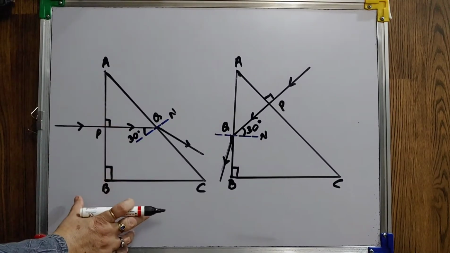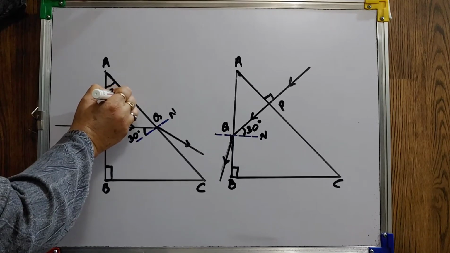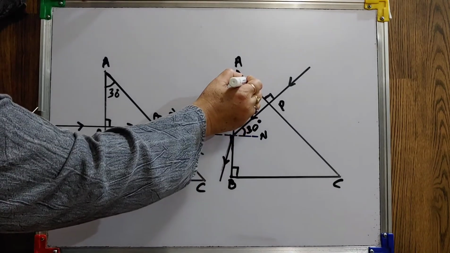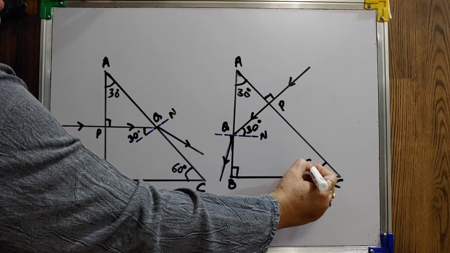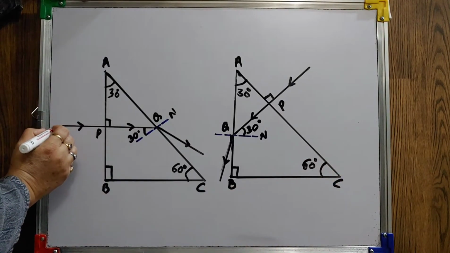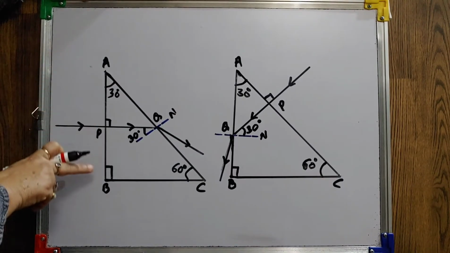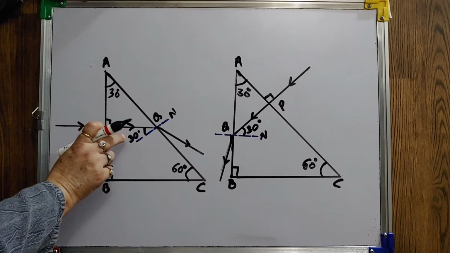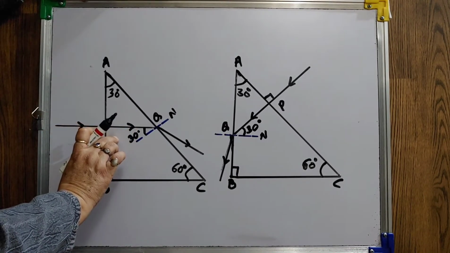Now, students, just look at this figure. Now, I have taken a 30, 90, 60 prism. Here also, same way. Now, just see, I have taken this incident ray. This incident ray strikes the face AB at point P. It is normal, so it will enter the prism without any deviation. So, it will pass as undeviated.